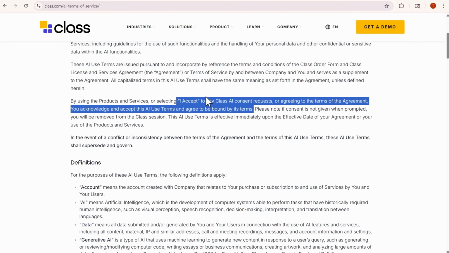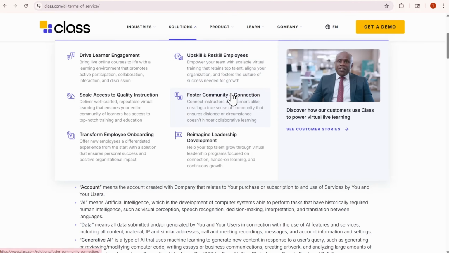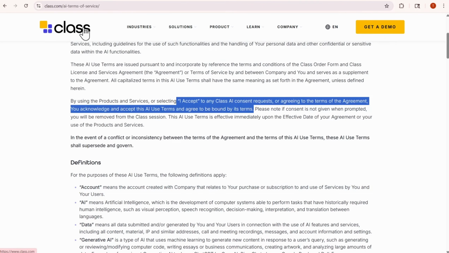I don't know the geographies where this is being offered. When I do these reviews, I look at things from a global spectrum because most clients are not just targeting one geography. These learner solutions, I presume that class is open to offering its solutions on a global spectrum. Let's say, for example, a customer in Latin America decides they want to upskill and reskill their employees, right? And class is then going to draft a request for proposal for this customer in Latin America. Or let's say, for example, class gets a request for proposal from a European school, right? We're looking at every geography.